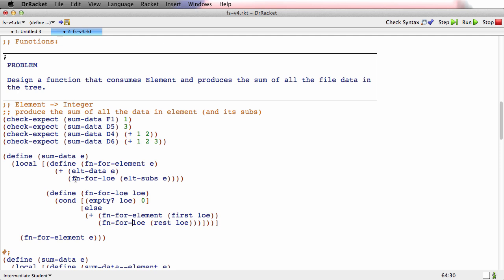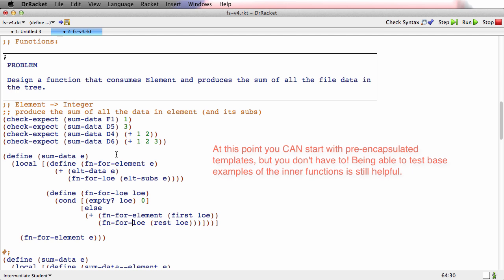So here's what I would say about that. At this point in the course, it's still important to have unit tests. It's always important to have unit tests. And the basic idea of testing simple cases first is always important. But you're getting sophisticated enough now that you may not need to actually have the absolute base case test first. It might be enough for you to have a simple test first, a test that's kind of one away from the base case. And if that's true for you, then you can go ahead and design a function like SumData